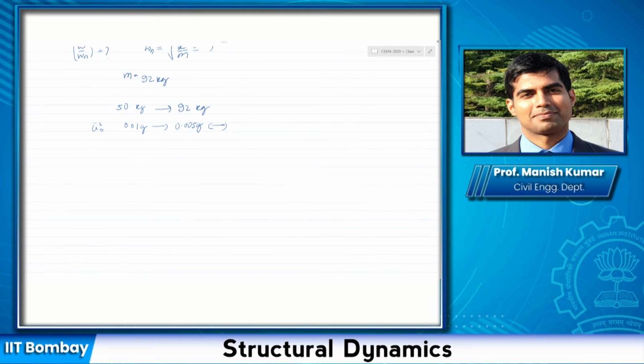So using this, you can attach some mass to the operating machinery to make it heavier and obtain this. This is a very realistic example, and actually this procedure is used to come up with what the rubber pad dimensions should be, or what the stiffness or damping should be, or what the mass of the system should be, so that I can install it in a laboratory without being affected by the surrounding vibrations.